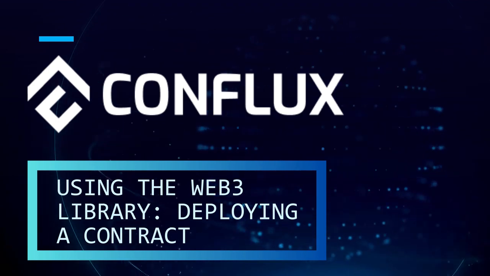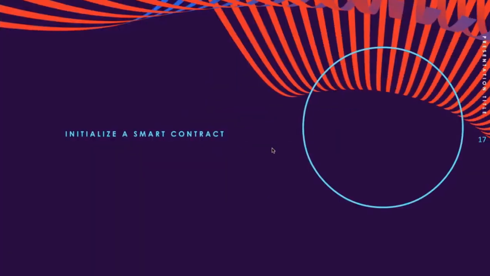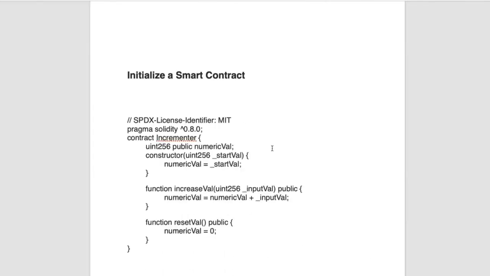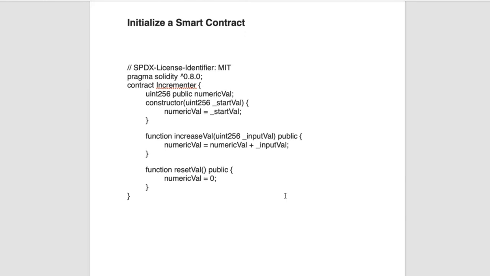We're gonna deploy a contract. To do so, we'll first initialize a smart contract. You can name it whatever you like. And once you've created the file, the next thing you need to do is to just write the smart contract in that file. Here, we're gonna deal with a pretty simple smart contract called incrementer, which has only one state